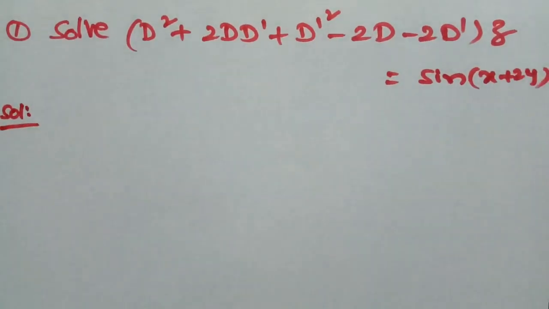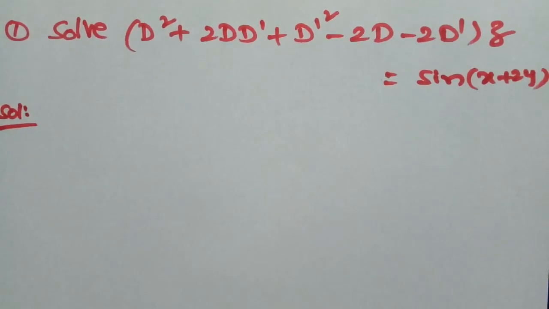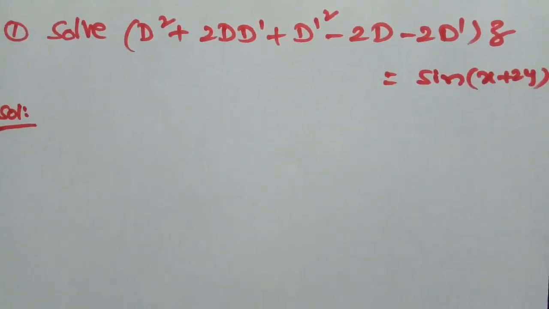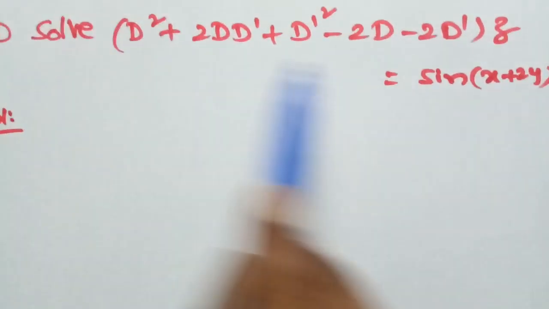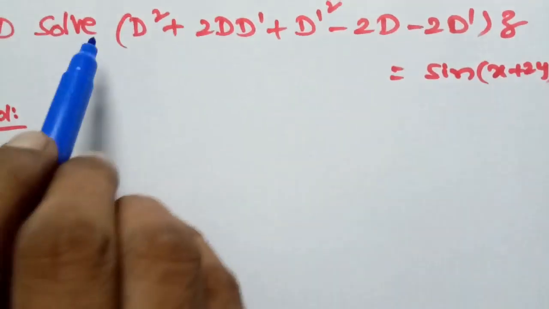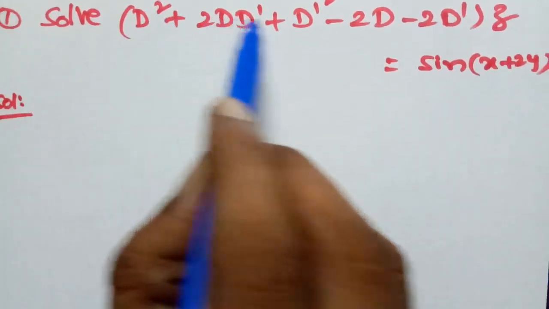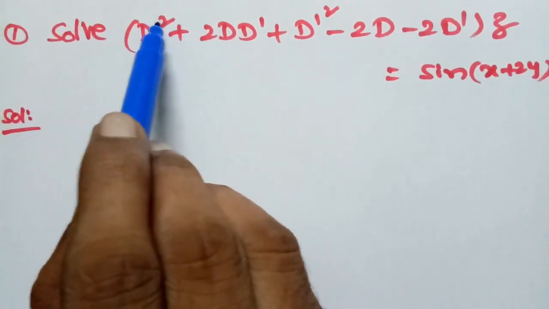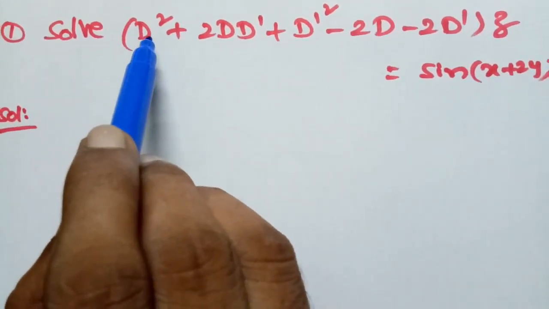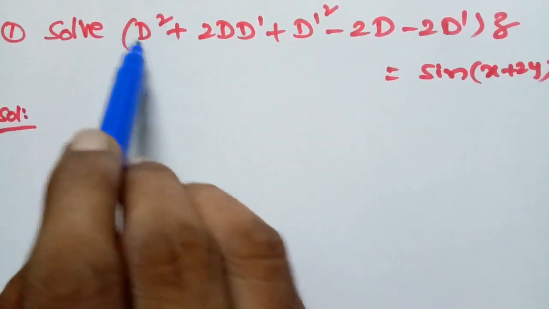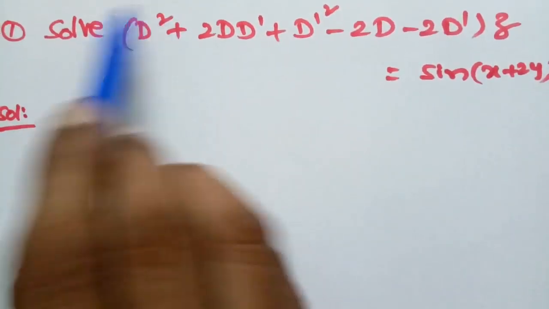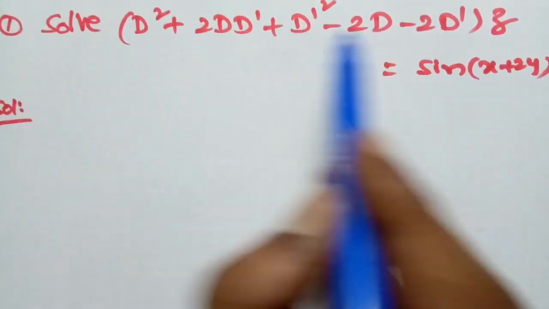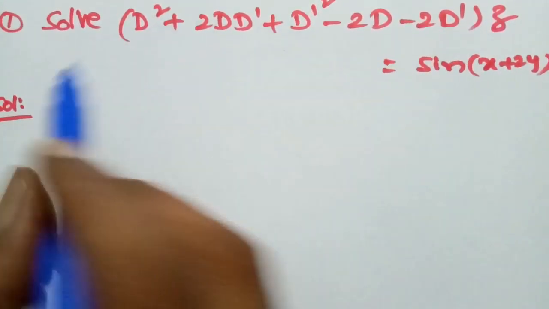First write down the given equation. Clearly, the given equation in D and D dash is a polynomial but it is not homogeneous, because the degrees are not the same. Here capital D means partial derivative with respect to x, partial order derivatives. Therefore the orders are not the same in each term of the given equation, so it is not homogeneous.